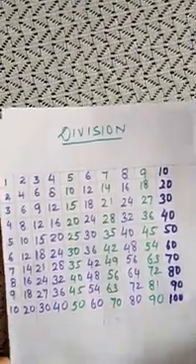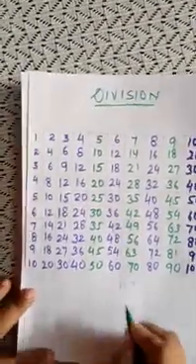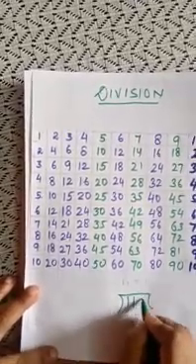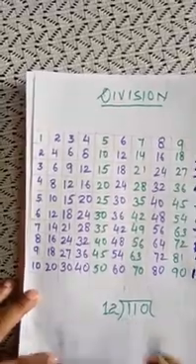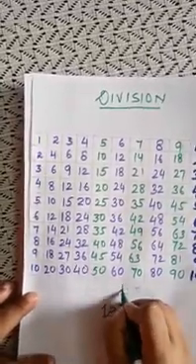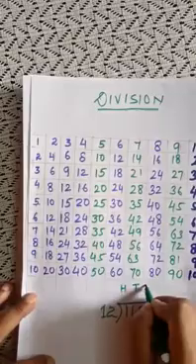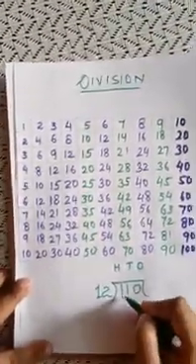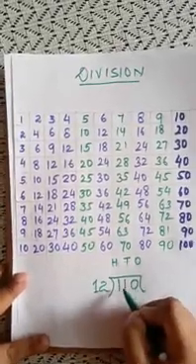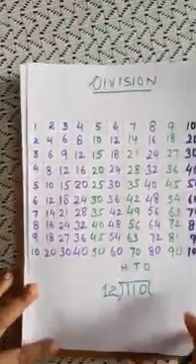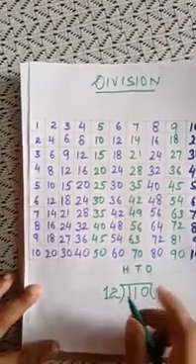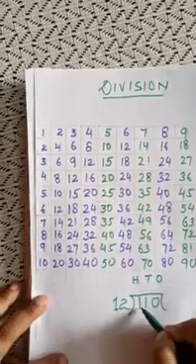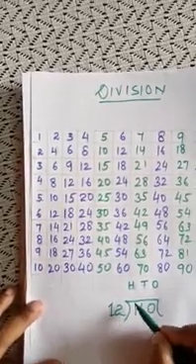Now children, let us see the format of division. Here 110 will be divided by 12. Now I am writing the place value chart of the dividend. Since the dividend is a 3-digit number, I write hundreds, tens, ones. In division, all of you know that we start from the highest place value, that is the hundreds. The digit at the hundreds place is 1.